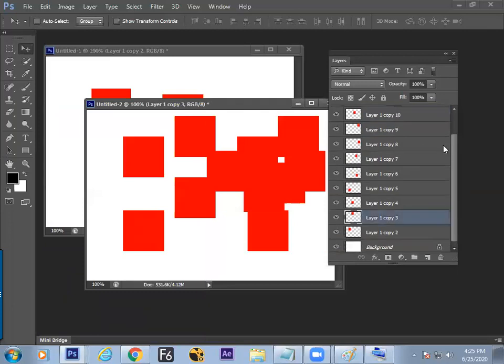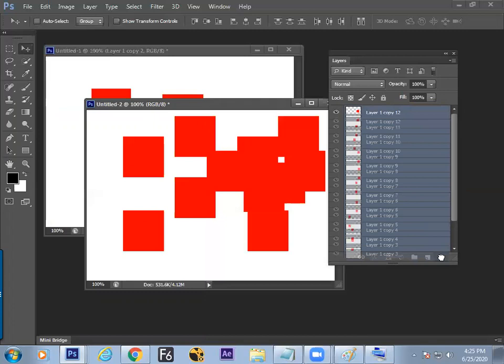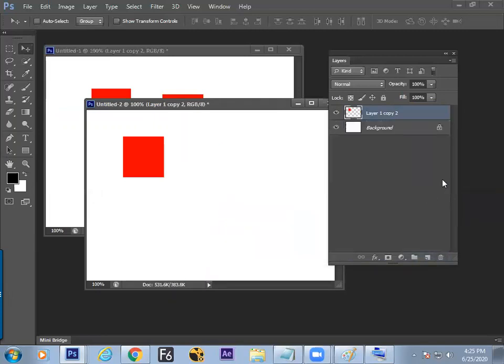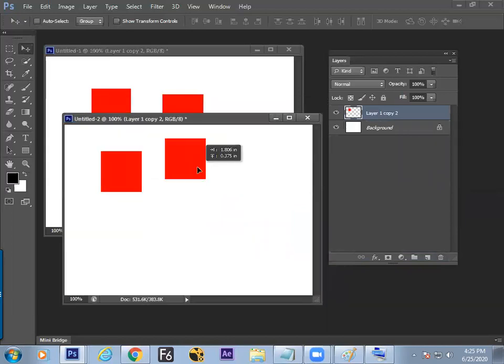Now on the layer window, we can select all the layers by holding the Shift button and clicking, and drag and drop to the extreme right down button to delete the layers. So here we have understood now how to generate a layer, how to duplicate layers, how to delete a layer, and why to use layers. Fine then. So we have understood this much.